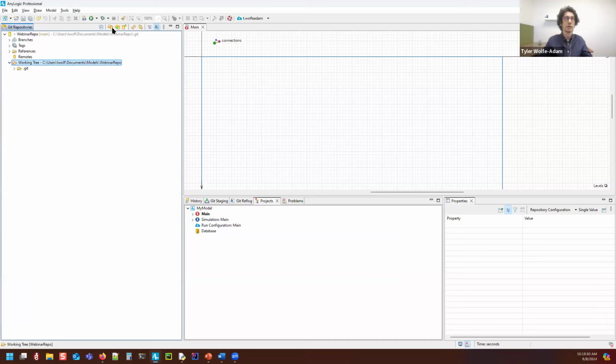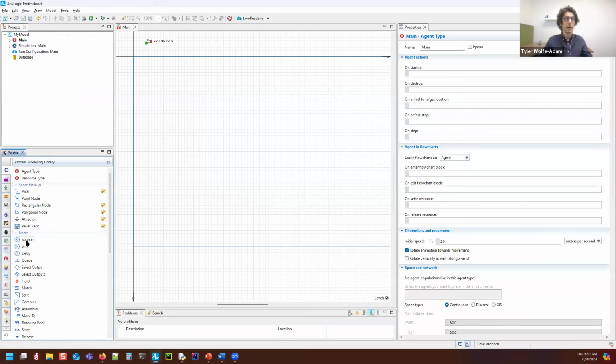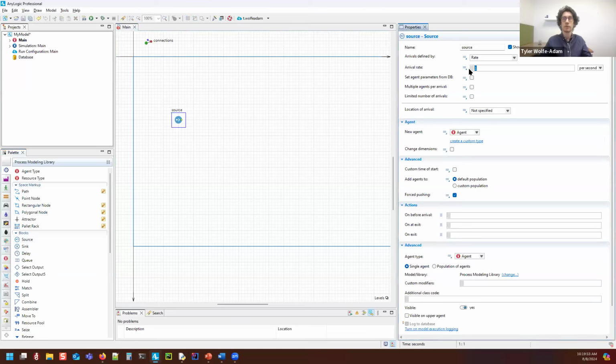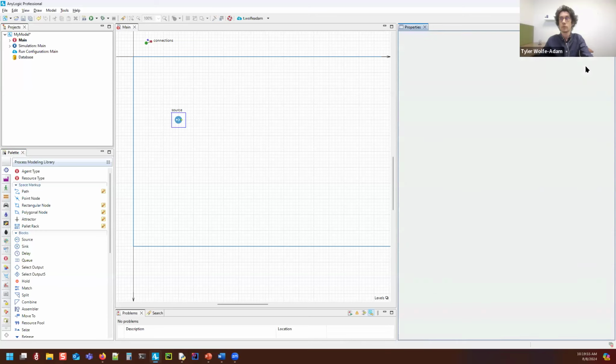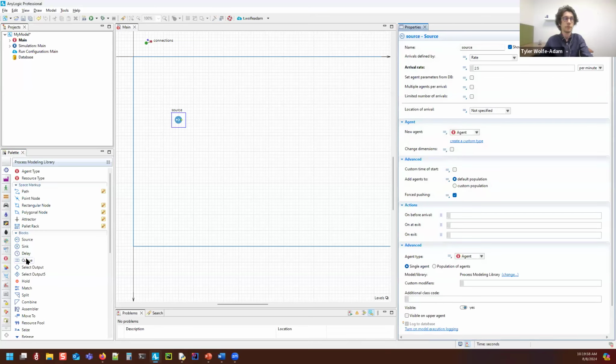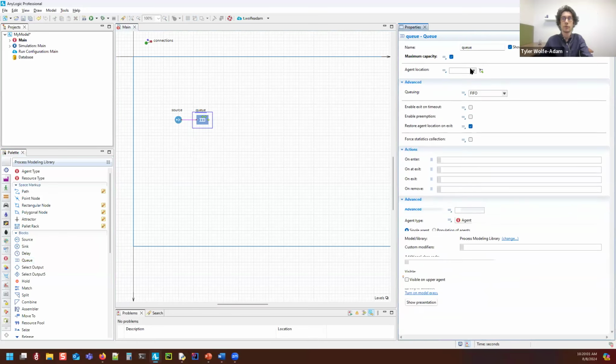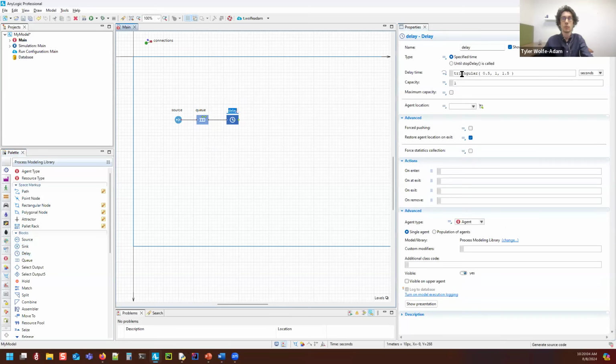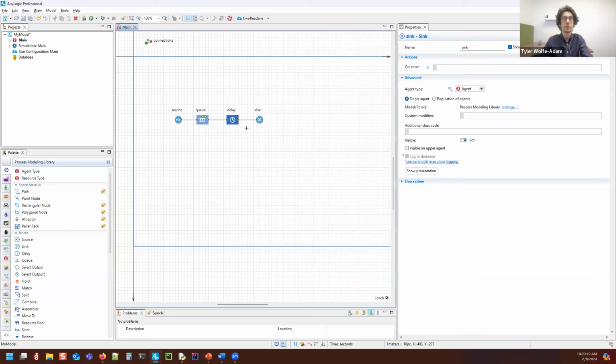I will go ahead and create this model. If we go back to the Git perspective now and refresh the project, we can see that my model is created. We have our ALPX file, and currently we only have the default experiment and one agent type with nothing in it, just Main. So there's only a single file here. Again, going back, I'll start to create my flowchart, a very standard source, queue, delay, sink,